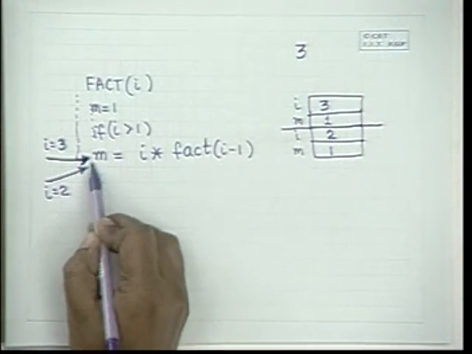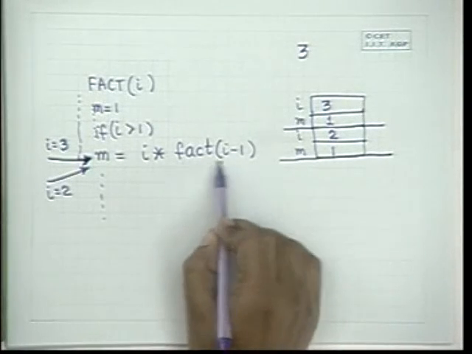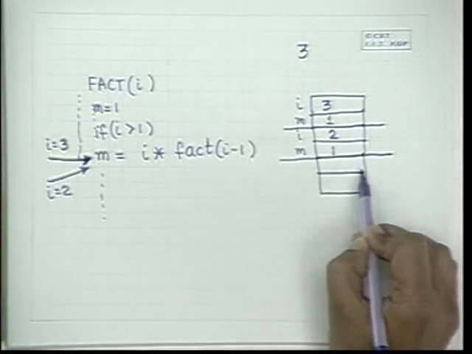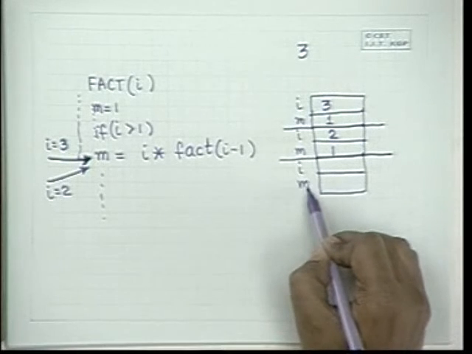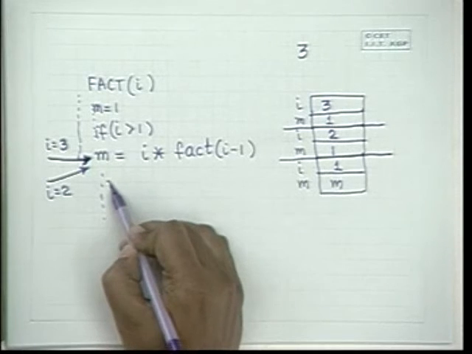I is 2, and it again calls fact. So another segment of two variables I and m is created. Here I is 1, m is initialized to 1. This condition does not hold true, so it returns